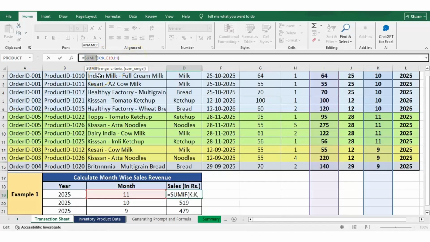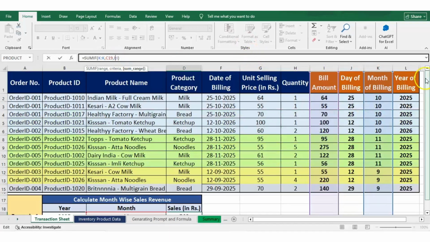SUMIF function requires 3 arguments. The first argument is the criteria range. The second argument is the criteria itself, and the third argument is the sum range. In our case, the criteria range is column K as it captures the month of any given billing date, and our sum range would be column I since it captures the billing amount of the products bought or purchased in